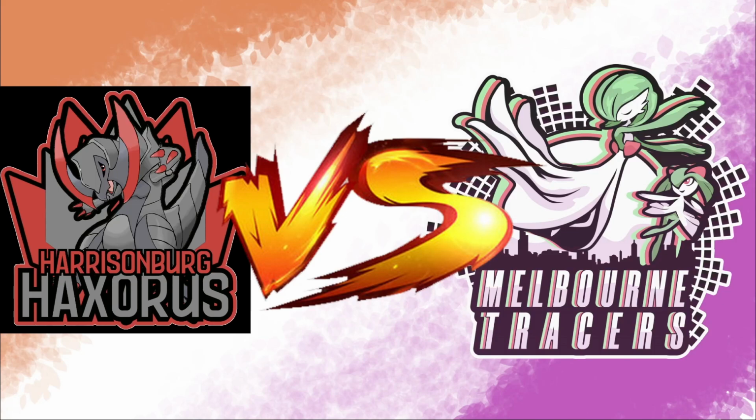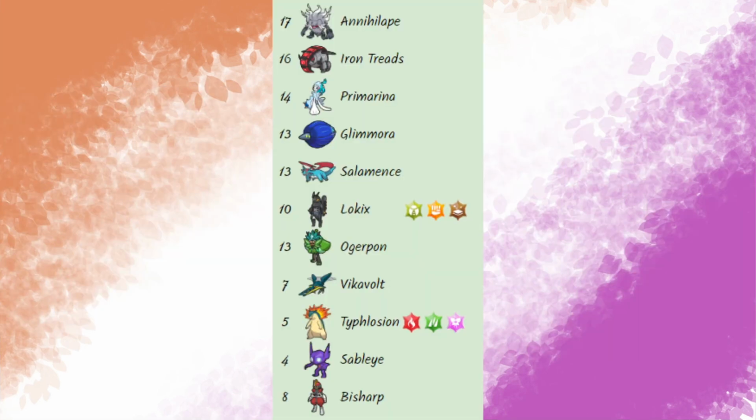Hello everybody, today we are here for week 2 of the PUDL going against Coach Bonana and the Melbourne Tracers. Bonana has a very scary team consisting of threats like Annihilape, Primarina, Salamence, Terra Lokix with Terra Bug, Fighting